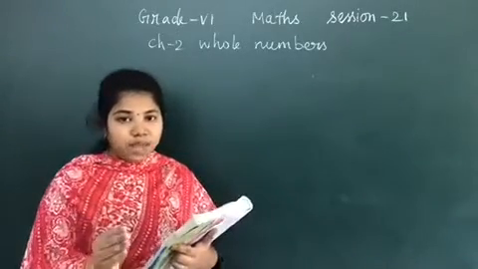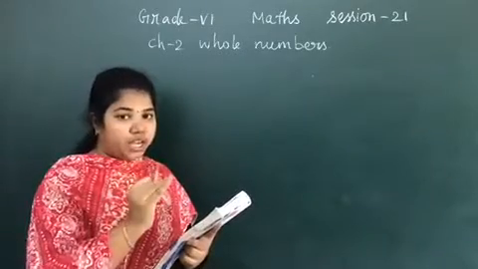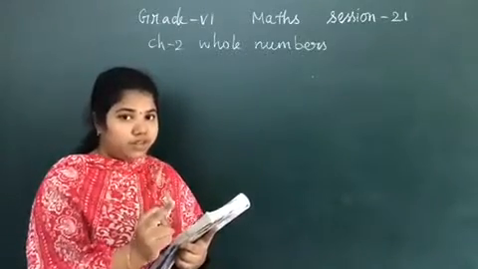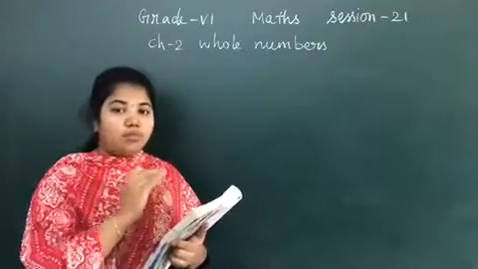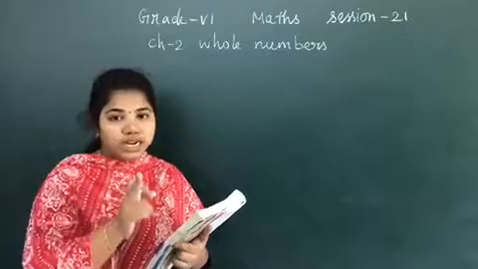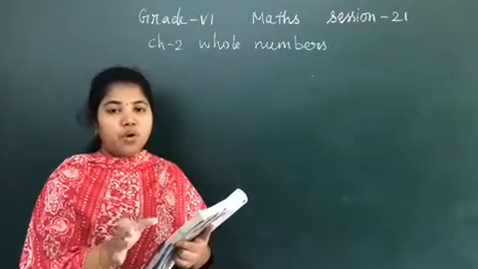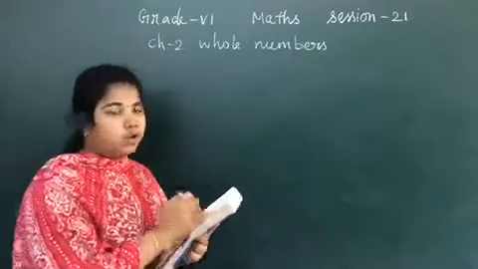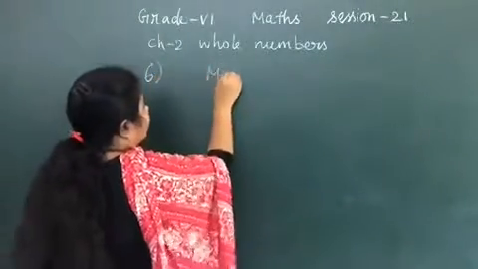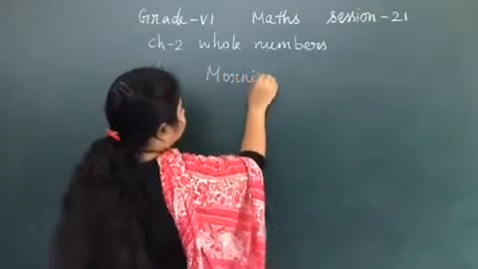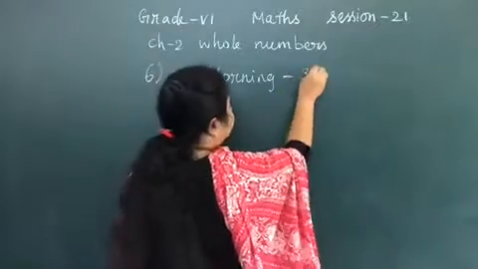The same thing is given for petrol on Monday and Tuesday, where the cost of 1 liter of petrol is given. The same here, it is for milk in the evening and morning, and the cost of 1 liter of milk is given. You can follow the same procedure of the distributive property and find the answer. So what is the milk in the morning? How many liters of milk in the morning is given? 32 liters.